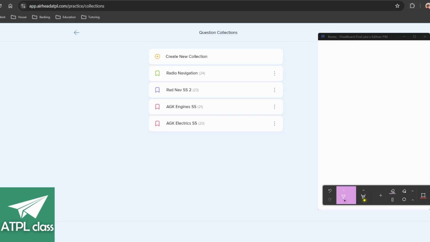Hello and welcome to this study session for the electrics portion of AGK. We've finished everything to do with DC and AC electrics, and it's quite a big topic, so I thought it was worth doing a little study session before moving on to all the other systems that are covered in AGK. So business as usual for the last few study sessions that I've done. I've gone through, I've selected all the questions and then